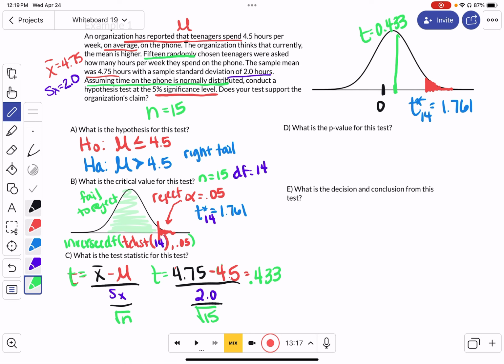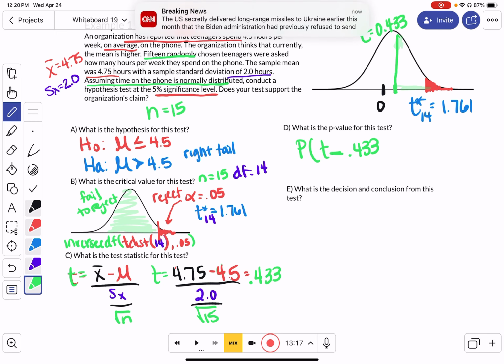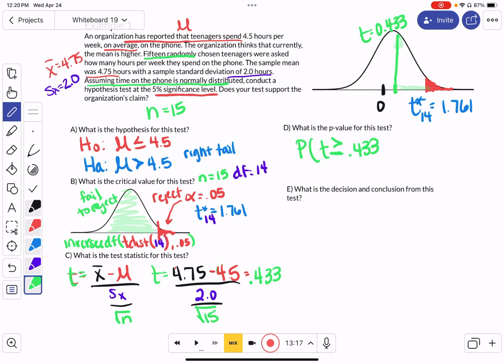I'm going to use the actual p-value now. To find the p-value, the p-value is the probability of getting a test statistic, which in this case is 0.433, as extreme, which means as extreme or even more extreme. So even more extreme would be anything going this direction, if in fact the null hypothesis is true. So to do this, we're going to use the t-distribution